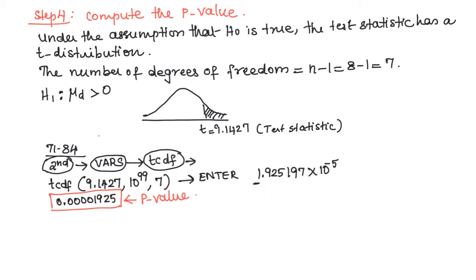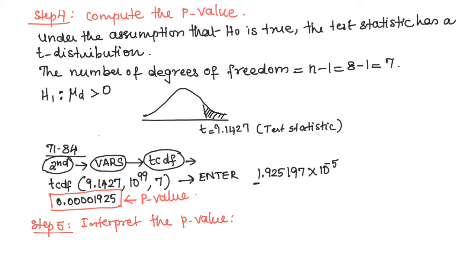Using the TI-84 calculator, we can find the area on the right side of t. So first press 2nd, then VARS, then choose option 6, that is tcdf. Then a parenthesis will come. Then enter starting from this value all the way to a very large number. So that is 10 power 99, comma, the number of degrees of freedom. Then press enter, you will get this value. This is actually a very small number. Negative 5 in the exponent means we need to move this decimal 5 places to the left. That means there will be 4 zeros in front of that.